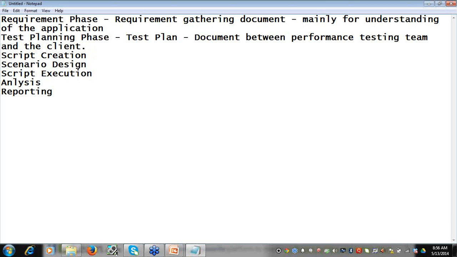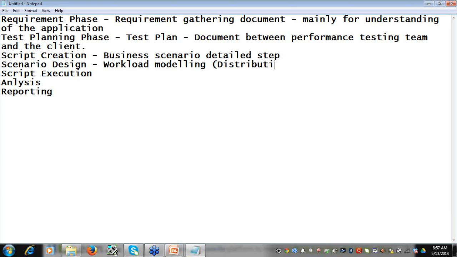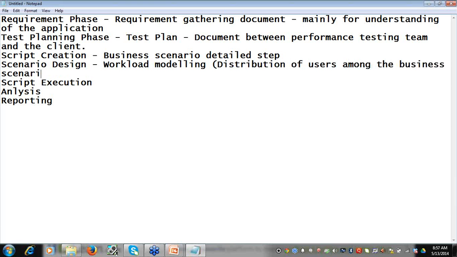Then script creation. Here we need a business scenario with detailed steps, so that it's very easy for us to go for scripting using the tool that we identified during the requirement phase. Then scenario design. Here you should know workload modeling, the distribution of users among the business scenarios.